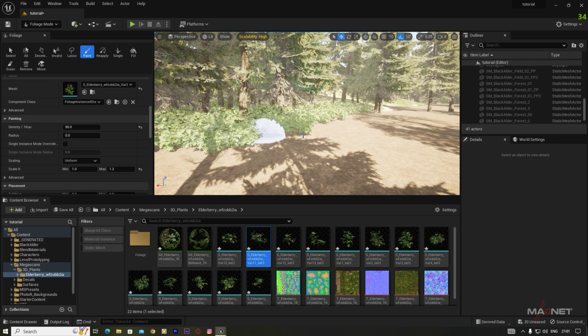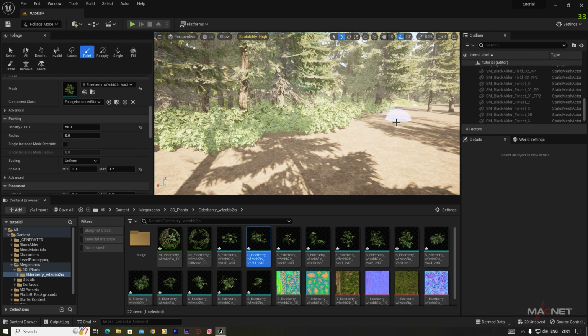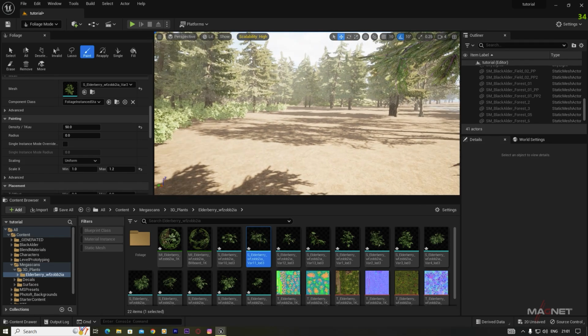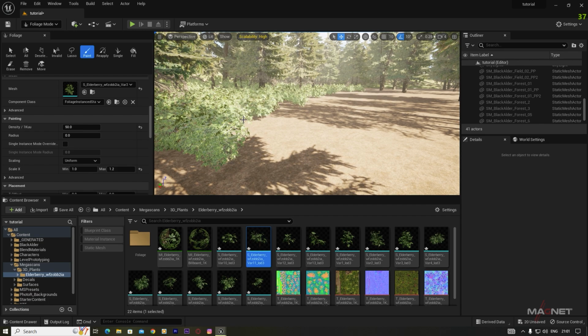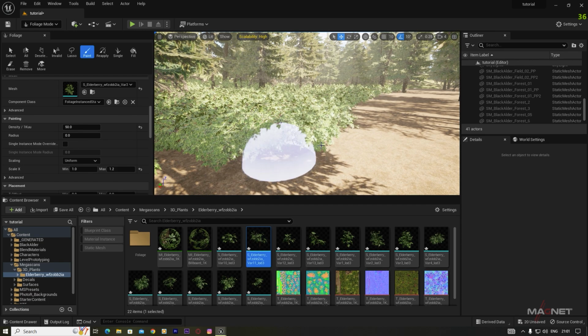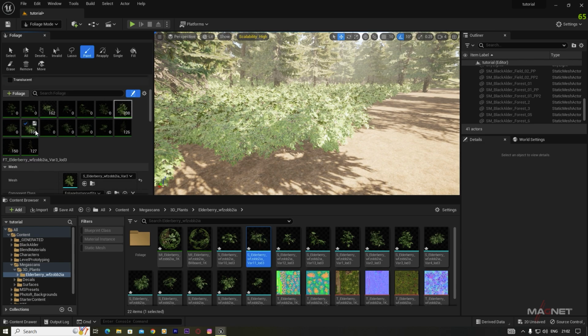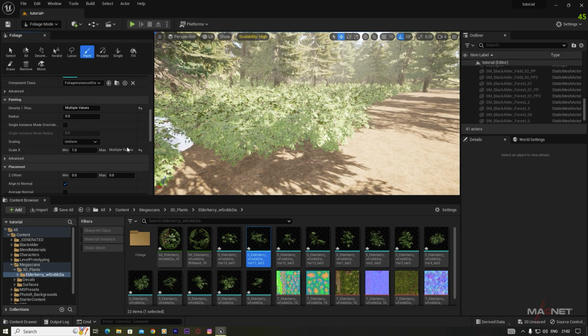I use the minimum density here because if you put fewer assets in your scene, it will be faster to render. But if your PC can handle more density, you can use more density here. So just paint the trees over here and there, just like this. Or you can do one thing, maybe we can increase this maximum scale to maybe 1.5 here, and when you change something from here, make sure that you select the paintable trees here, because if you do not select